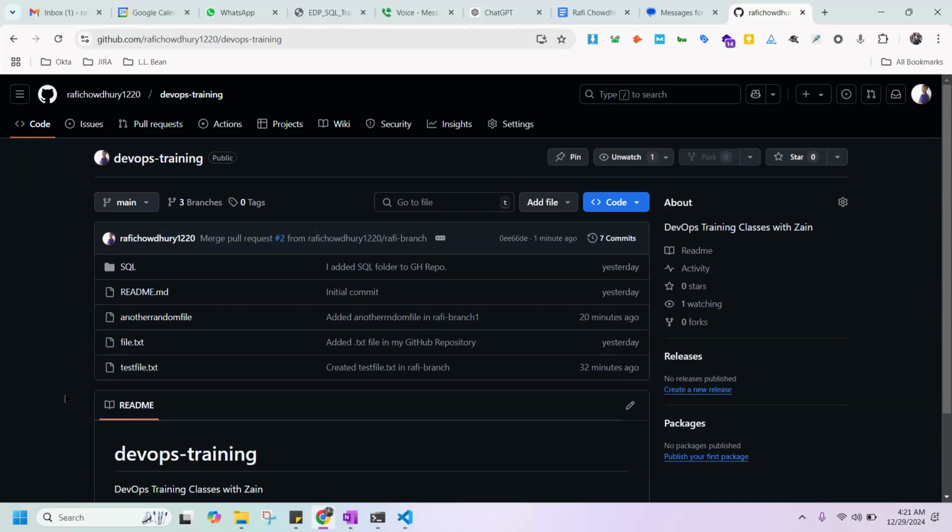Now we have some knowledge of GitHub: how we can create a repository, create branches, push our code into those branches, and merge a branch into the main branch, right?